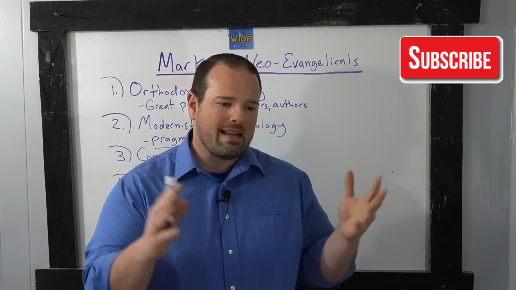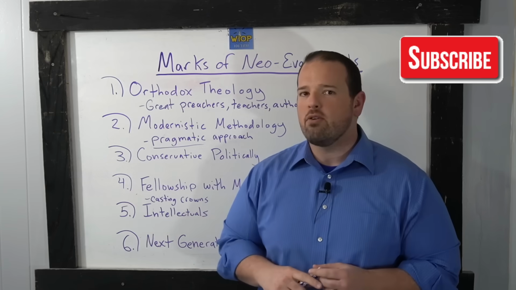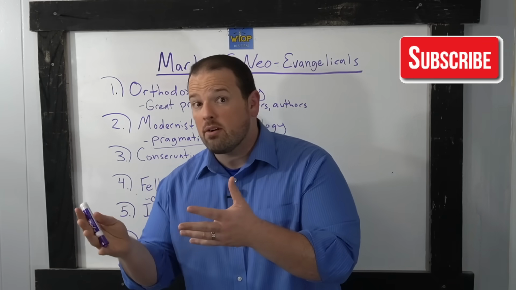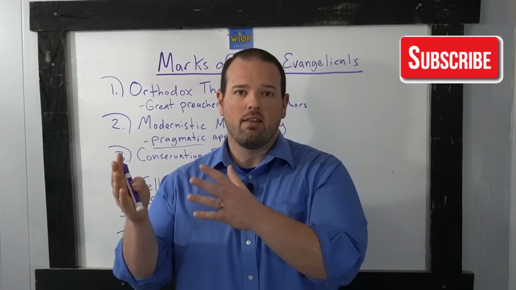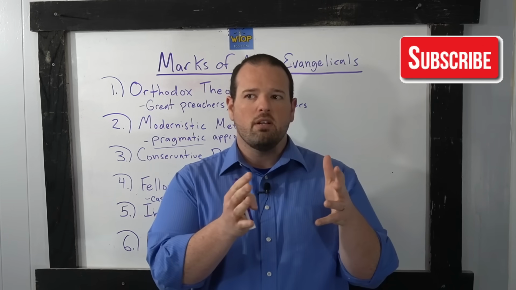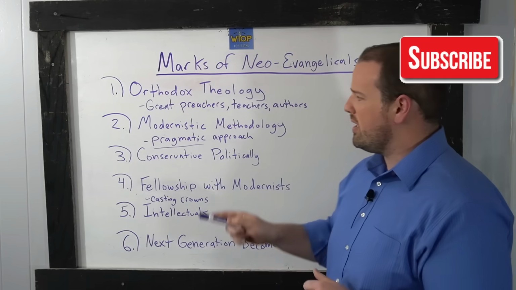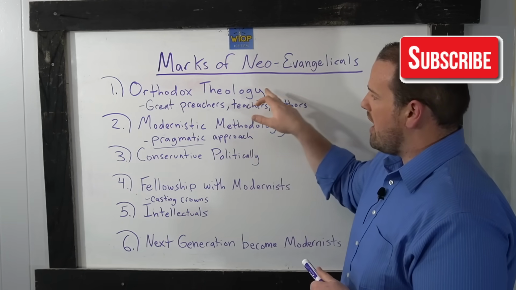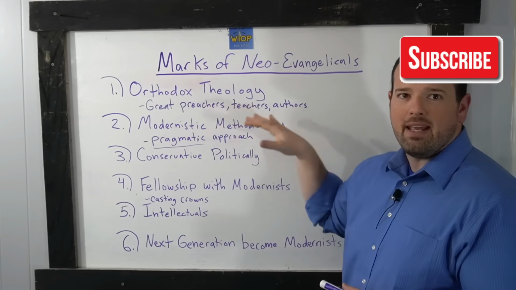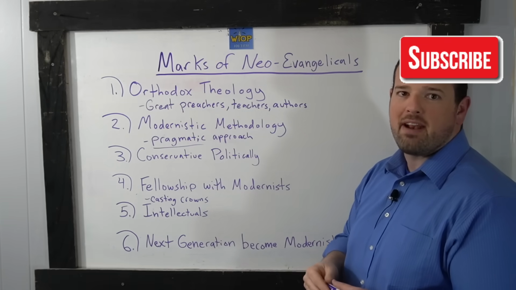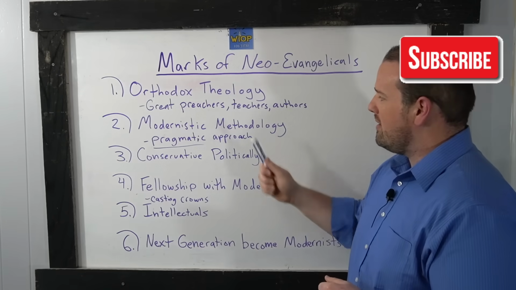For example, the classic example is Christian rock and roll. A modernist man named Larry Norman was basically the inventor and father of Christian rock and roll. The neo-evangelical will not accept the theological views of Larry Norman, but they'll use his methods, his style, his ideas, his concepts. That's really where they are. They reject the theology, but they accept the pragmatism of the modernist. This is where their discernment ends. They understand correct doctrine, but they don't know how to put that into practice in a way that is biblical. So that's what a neo-evangelical does.